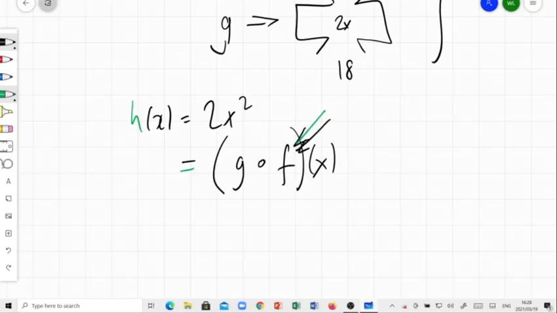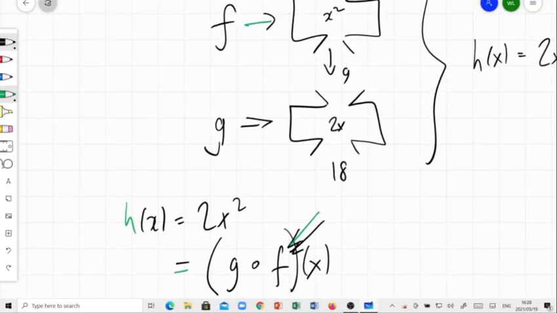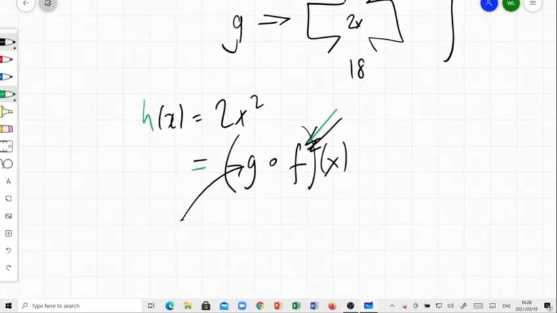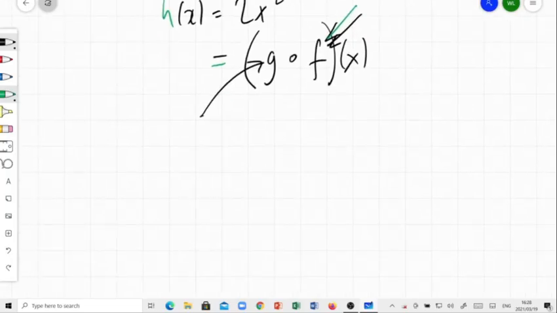So this guy acts first, the f acts first by squaring it up, and then lastly the g follows up, then takes what f does. Okay, so what's going on here is that this 2x squared, first of all, in order to calculate h